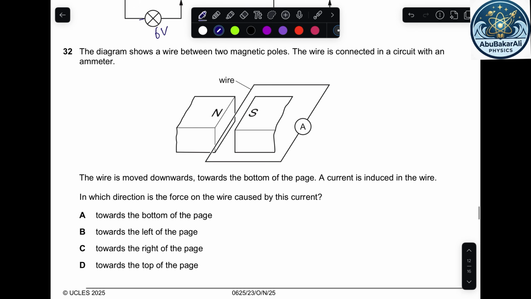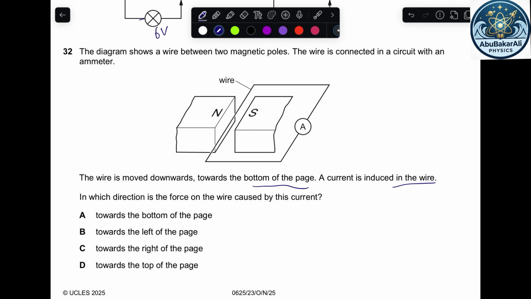Question 32. The diagram shows a wire between two magnetic poles. The wire is connected in a circuit with an ammeter. The wire is moved downward towards the bottom of the page. The current is induced in the wire. In which direction is the force on the wire caused by the current? So what you have to see first is whether the current is produced or the force is produced. If you see the current is induced, so this is the generator effect. For the generator effect, you have to use the right hand rule,